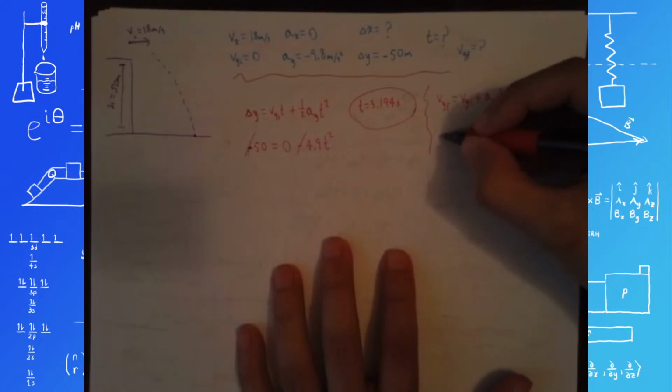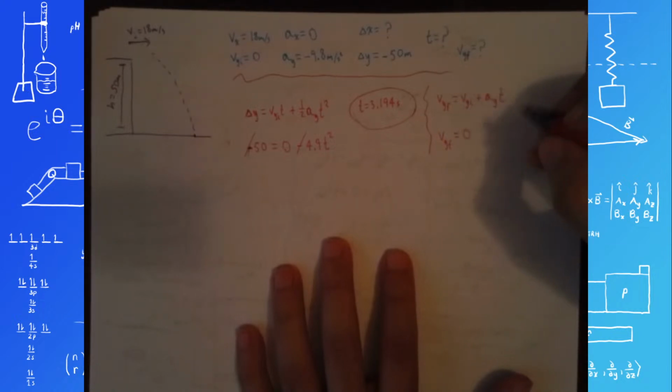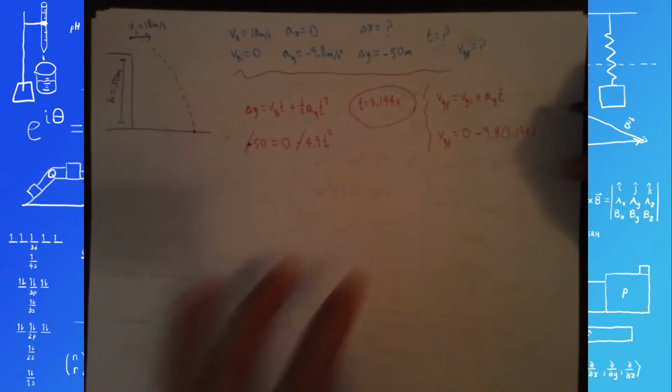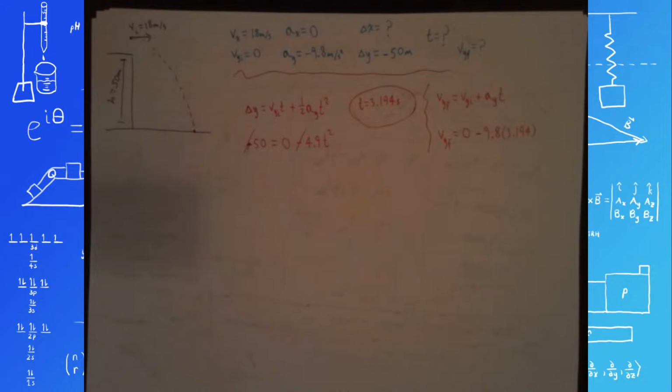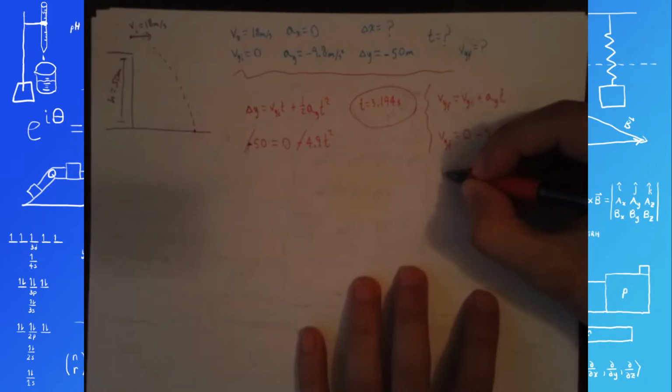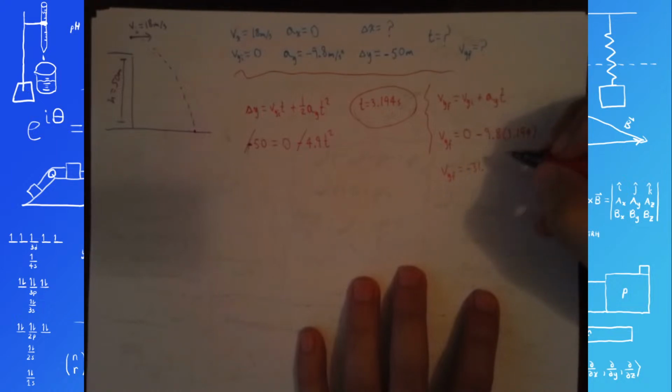So that's going to be vy final equals, that's a 0, and that's negative 9.8 for the acceleration, and 3.194 for t. Calculator says negative 9.8 times 3.194 is about negative 31.30. Vy final equals negative 31.30